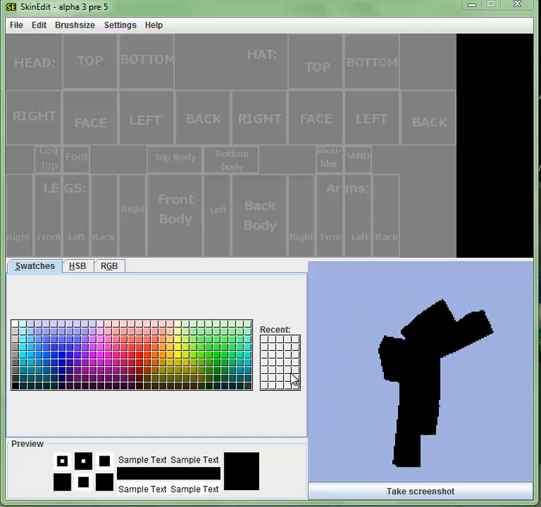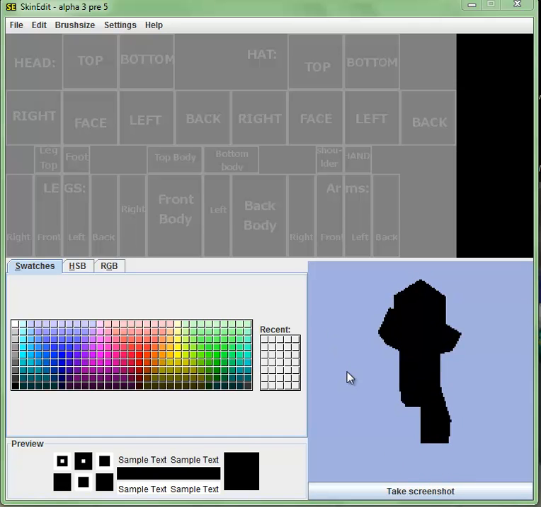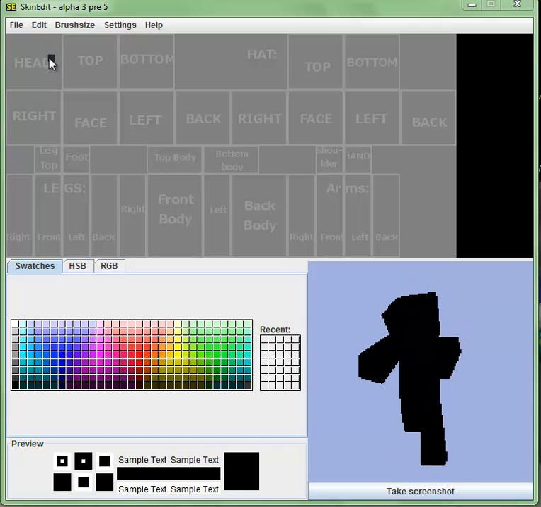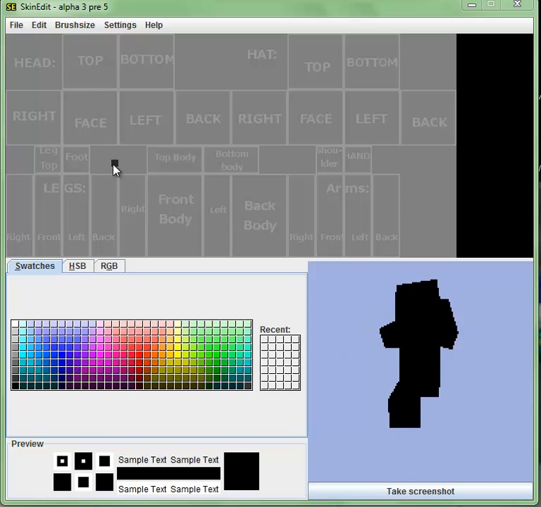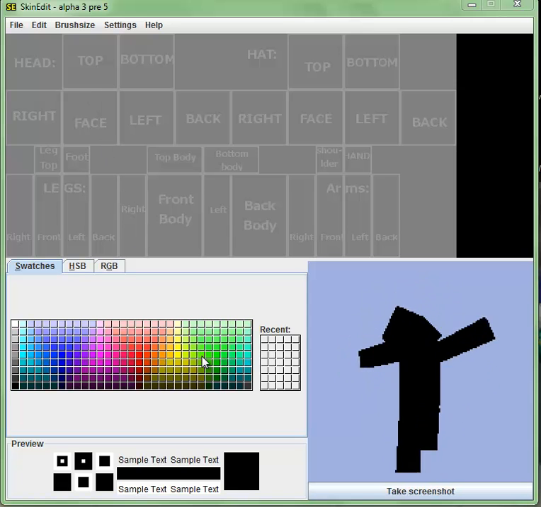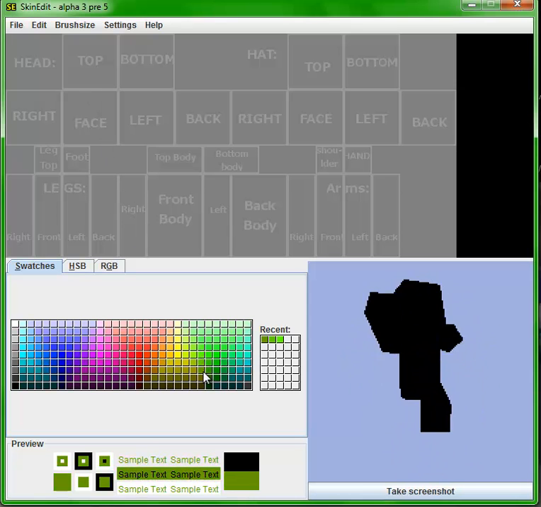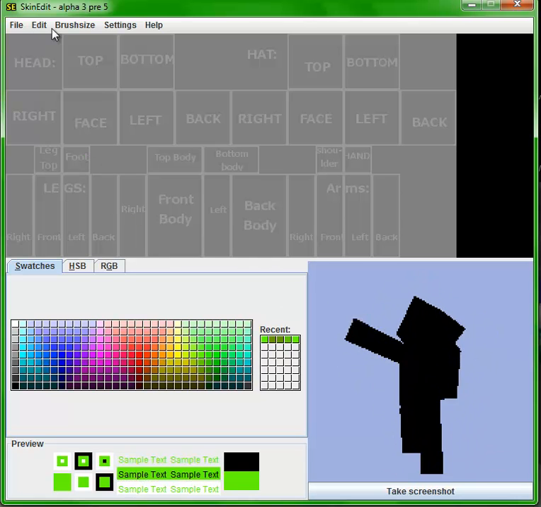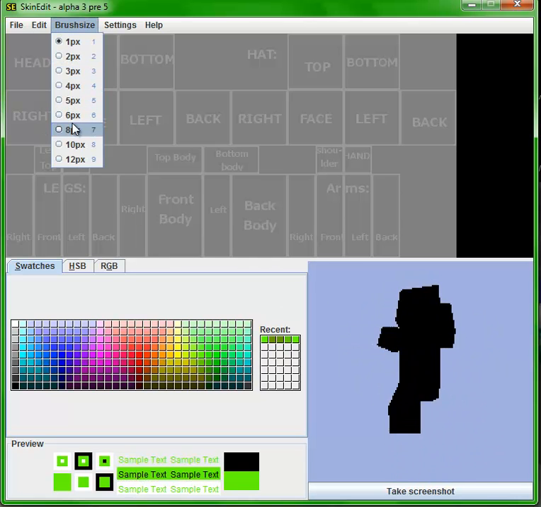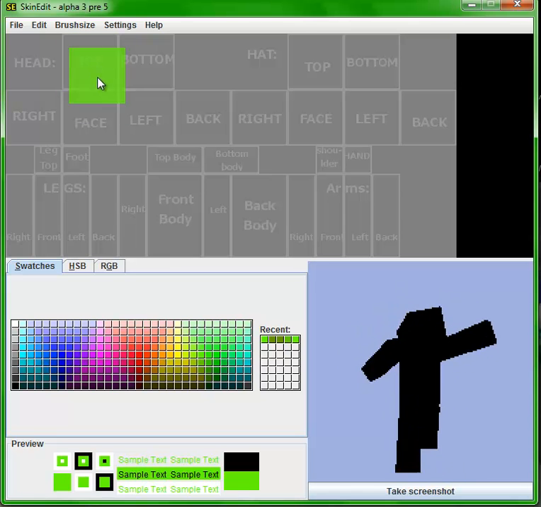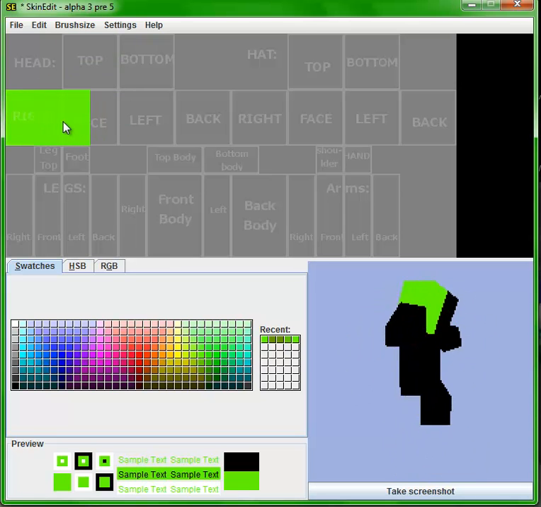Hey guys, doing something a bit different with this tutorial. This tutorial's how to make a Minecraft skin. So first of all, what should we create? We'll make a zombie. Alright, so we're just gonna grab the 8 pixel and we're just gonna cover all the skin areas